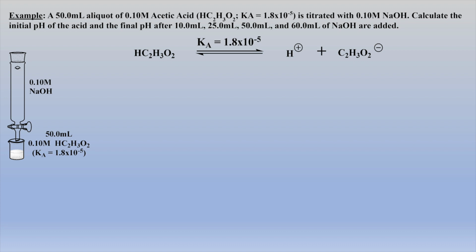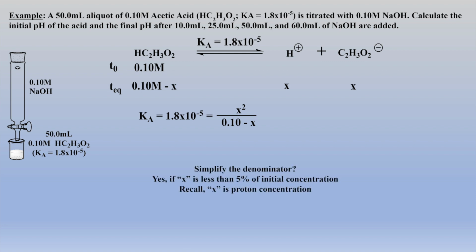Remember that understanding acid strength is simply examining the stability of the conjugate base. So now let's also include the initial concentration of acid at T0 and the change in concentrations at equilibrium. Now we can substitute the equilibrium concentrations into the expression for Ka. As is, this expression produces a messy quadratic equation, but fortunately there's an easier way to solve this problem via